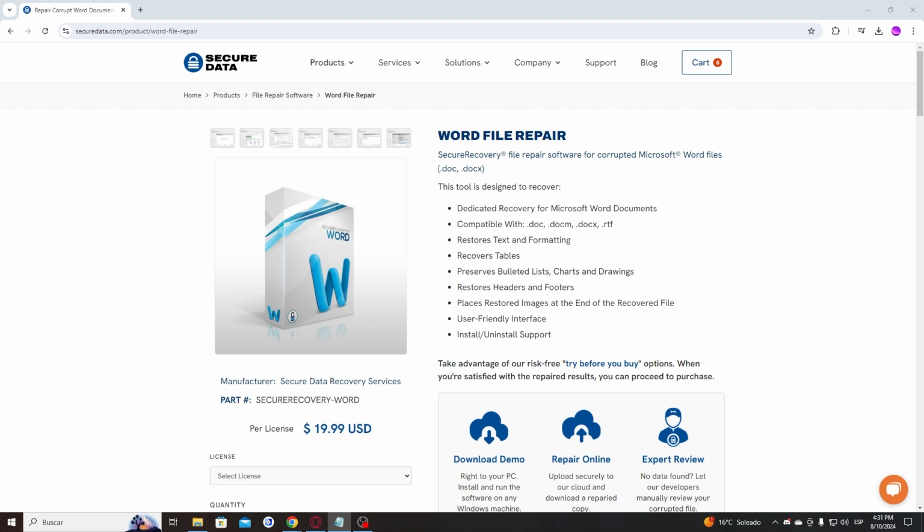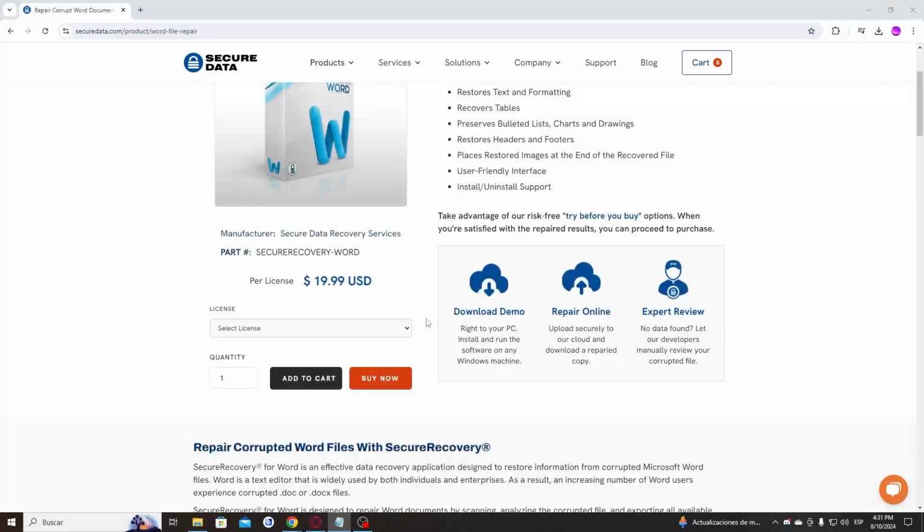As you can see, I'm on securedata.com and you have this product that is Word File Repair. It can repair docx files, also RTF, whatever. As you can see, it's very expensive, but you can download the demo here and this will let you